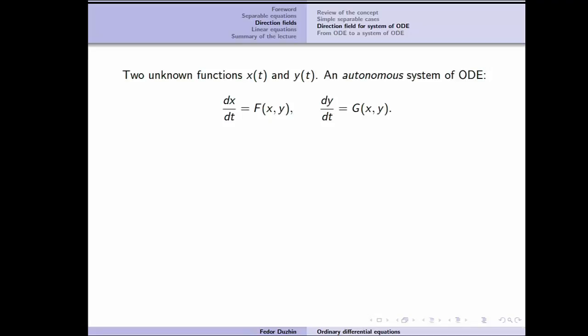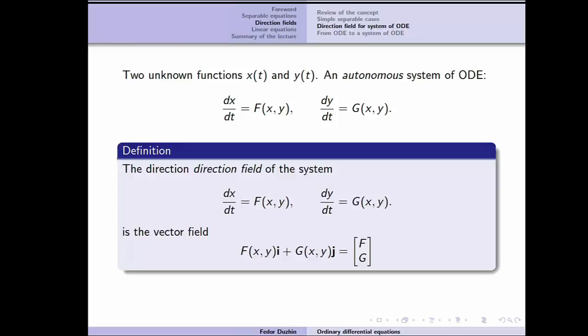Alright, now I want to say a few words about systems of differential equations. Although this topic is not important now, it will be important later, so it's better to mention it now so at least you are familiar. Basically, instead of just a single differential equation, if you have a system of two differential equations, so that we